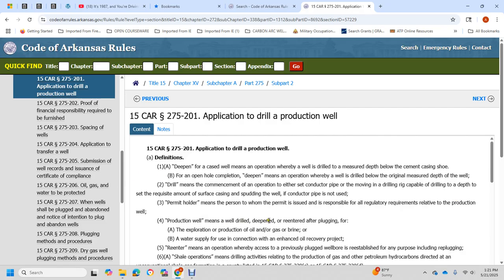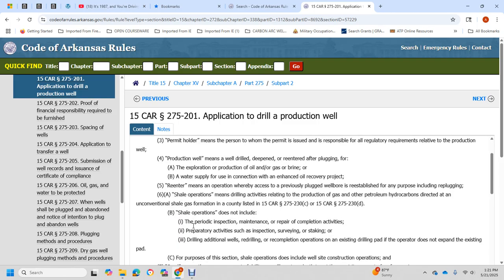of the well, with the well drill, the deepening and re-entering after plugging, for exploration and production of oil and gas wells, brine water supply, connection with an enhanced recovery project. Re-enter means the operation whereby a previously plugged well bore is re-established for any purpose, including replugging. Shale operation means the drilling, active production of gas or petroleum hydrocarbon from unconventional shale gas